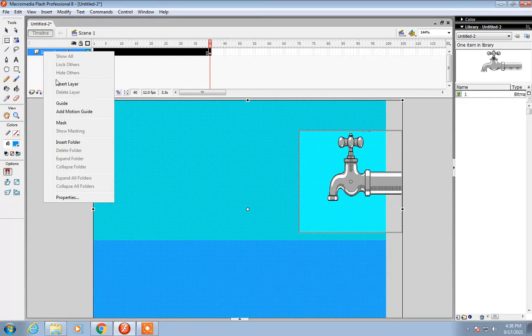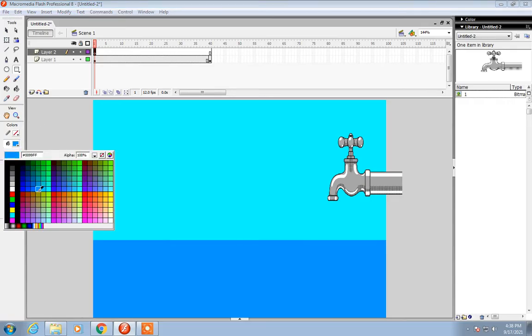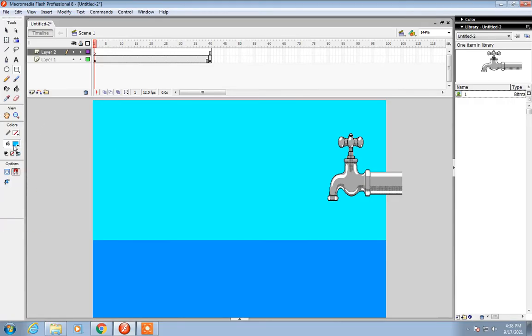Right click on layer 1 and say insert layer. Over here we are going to include water. To include water we are going to make use of a rectangle. Line color we don't want to be anything, and maybe a lighter shade of blue we will be using for water. Even if you wish to, you can make use of white color. It all depends on you which color you want to select. Then let us draw a rectangle right here